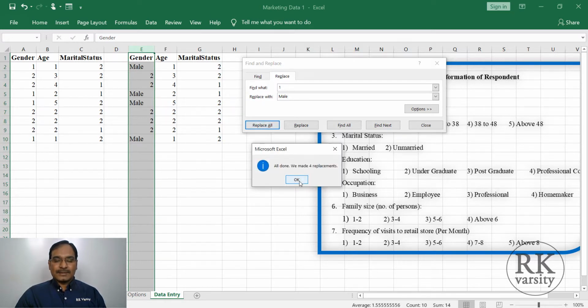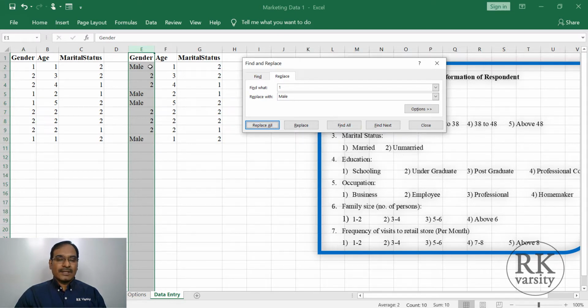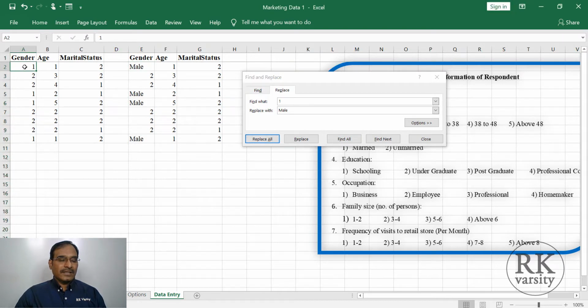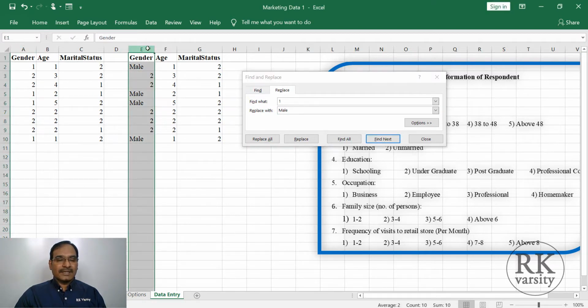The replacement has been done. Then you can see that wherever there is a 1, here you have a 1 which indicates male, it is now replaced as Male, and here also you have a 1 which is replaced as Male. Next, you select the same column, gender, then